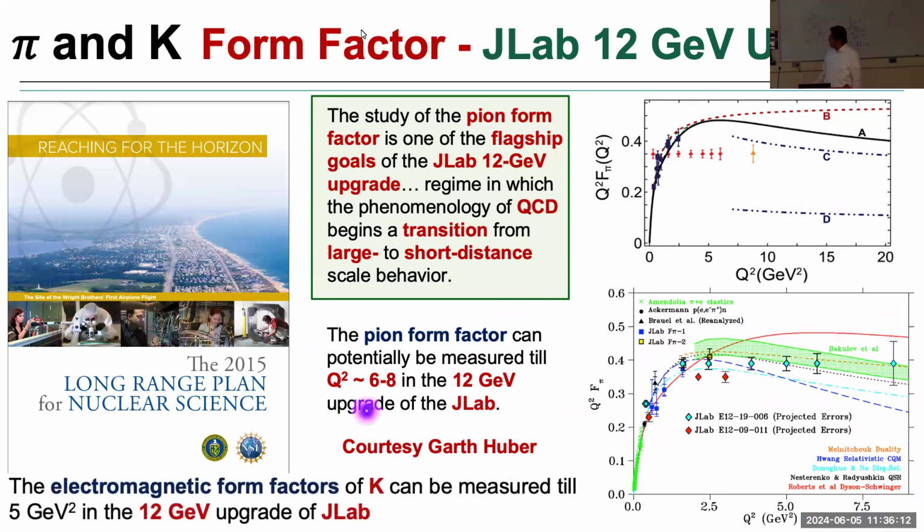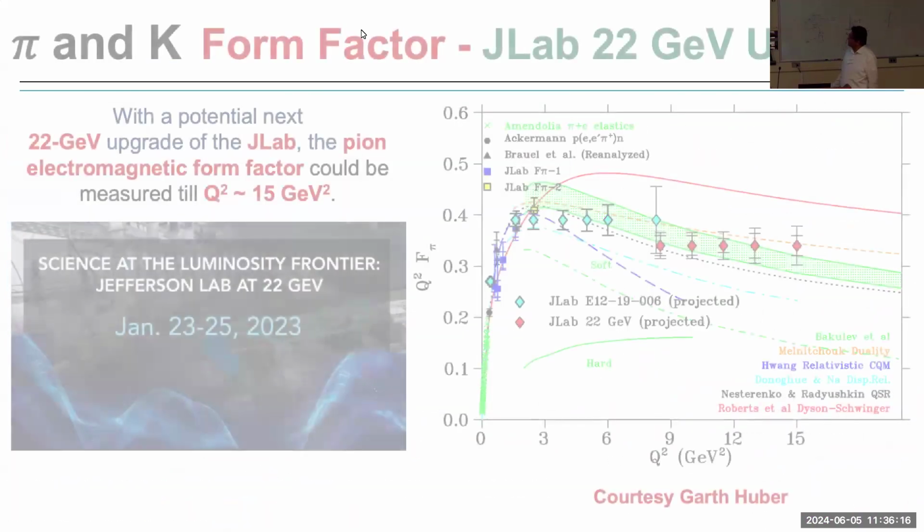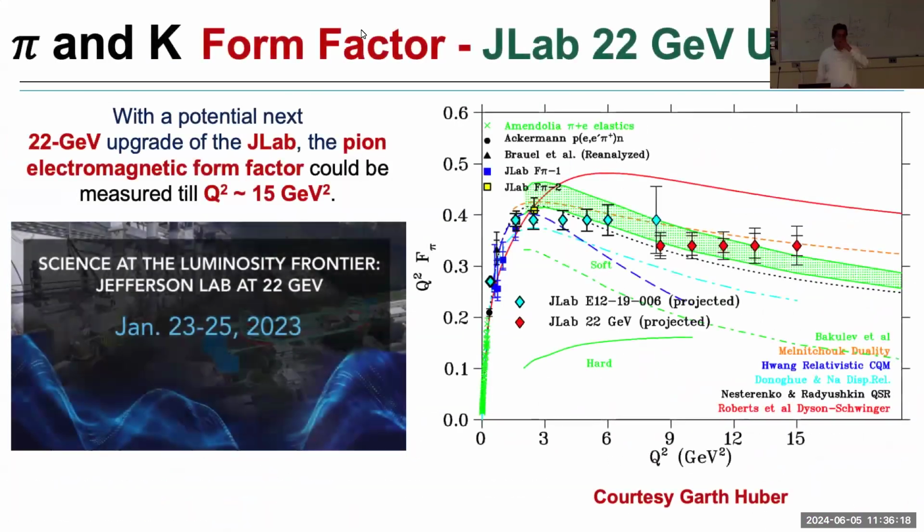Now, the electromagnetic form factor can be measured in the same upgrade up to about 5 GeV². Then last year I spent time at Jefferson Lab, and when I reached there for my sabbatical, one of the first workshops that took place was on the potential of a 22 GeV upgrade at Jefferson Lab. And one of the analyses that they had carried out indicated that the pion form factor can possibly be measured at a future 22 GeV upgrade to about 15 GeV²,